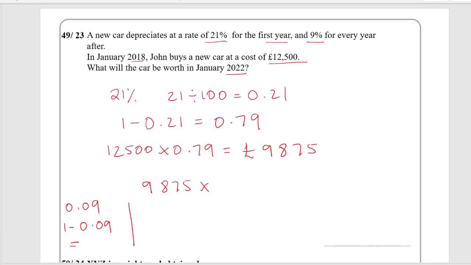I'm taking away because it depreciates, because it loses value, which is 0.91. So I'm going to multiply it by 0.91 to the power of how many years? 3 years, because the 1 year is already counted for the depreciation the first year. The 3 more years remaining. And if you type this in your calculator, that should give you an answer of